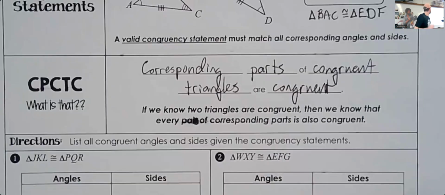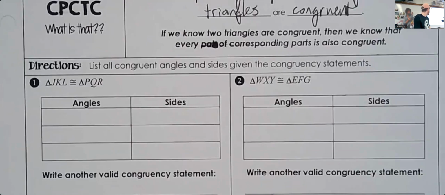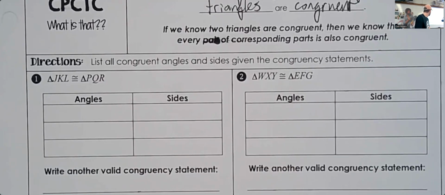All right. You're welcome. So next thing we're going to do is we are going to list congruent parts between the two triangles that are congruent. So it says right here that triangle JKL is congruent to triangle PQR. Now, if you want to, I'm just going to go and grab some colors. You can use colors to figure these out. So if you want to use a highlighter,